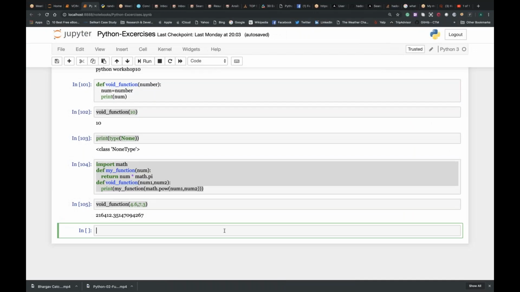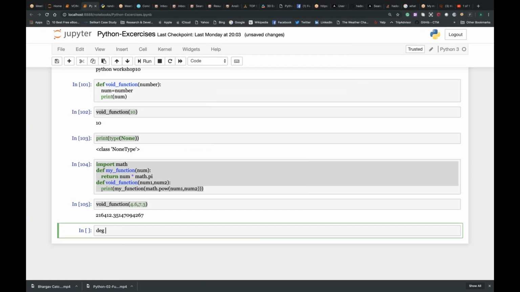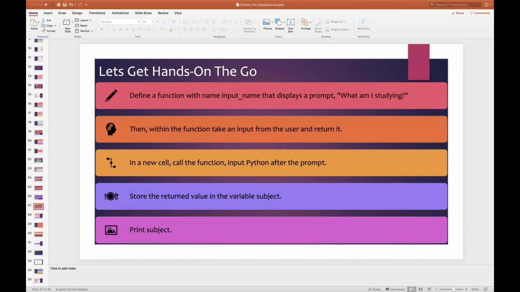Thinking practically, let me understand it again. Define a function named input_name. Very simple: def input_name, parentheses, and then indentation. Here you have a return. Let me recheck my slide once again. It displays a prompt, "What are you studying?"